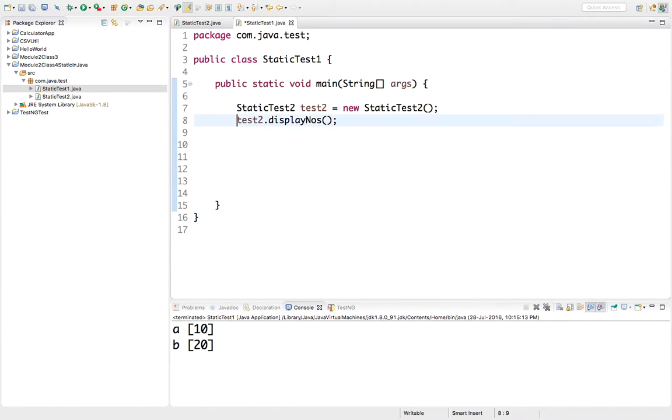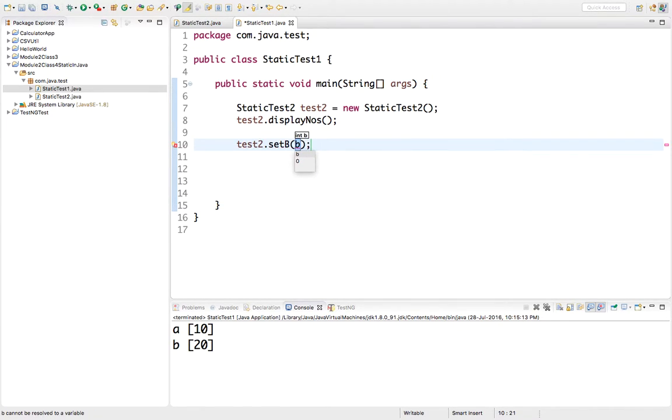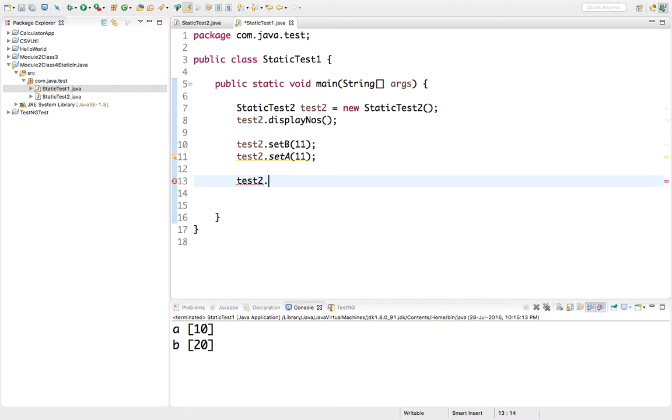I have just created the object and displayed the default numbers. Now I am going to do a little modification: test2 dot set b, and I am going to set the value of b as 11. Similarly, I can call test2 dot set a, that is going to be 11, and then I can display test2 dot display numbers.